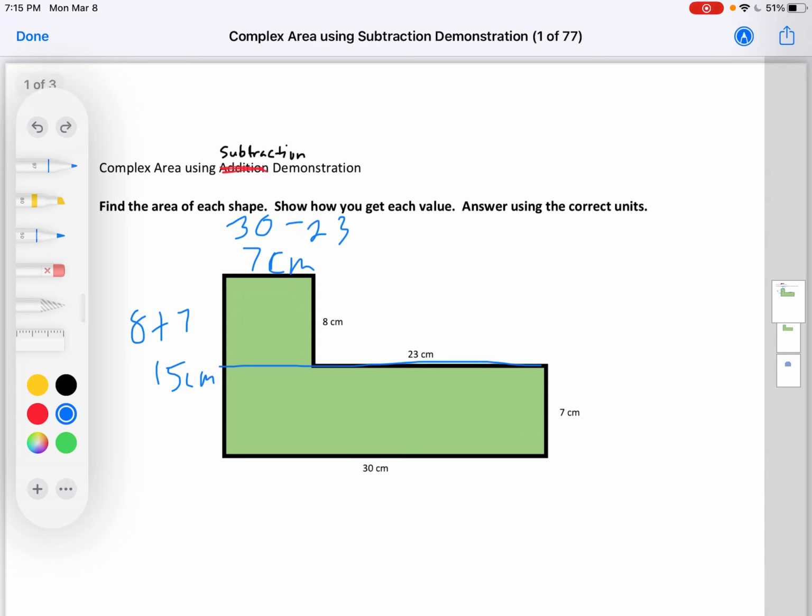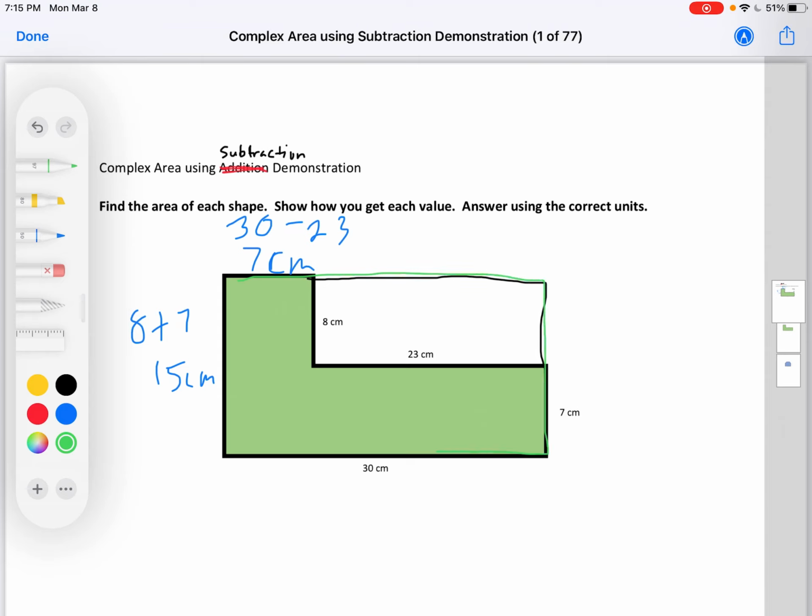Okay. Now, here's the key when you want to use subtraction. You have to think outside the shape. Don't think of this as an L shape. Think of it as a large rectangle with a piece taken out. So we are going to find the area of this large rectangle